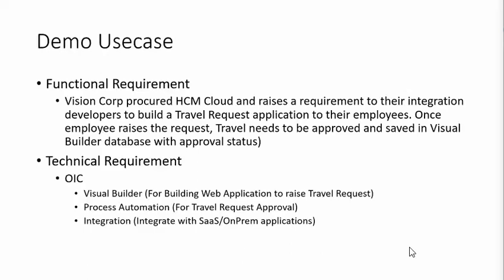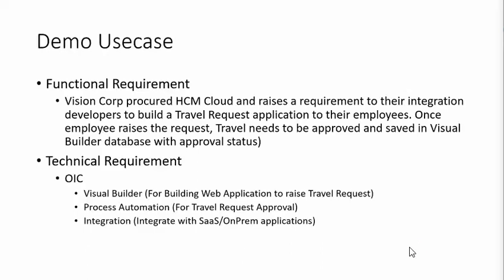Once the employee raises a travel request, it needs to go to the manager for an approval, and once it's approved, you might want to save it into a downstream system. In this particular demo, I'll use Visual Builder database as a mechanism to persist the travel record. Okay, so this is a functional requirement, and now we convert this functional requirement to a technical requirement,